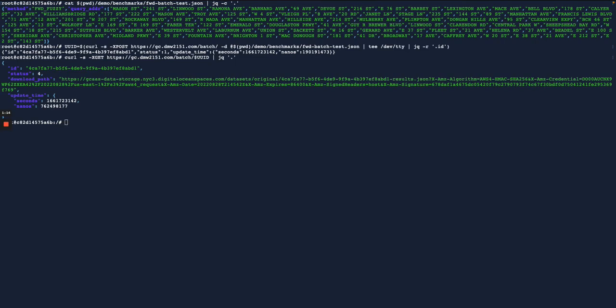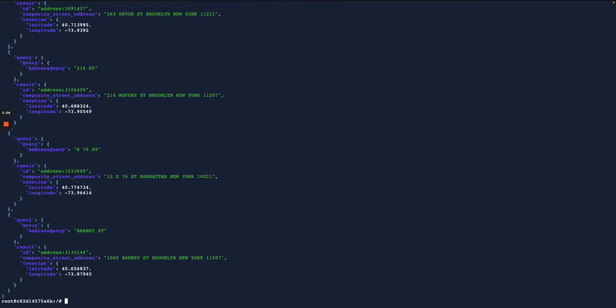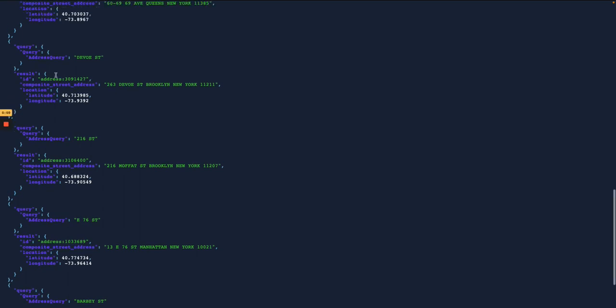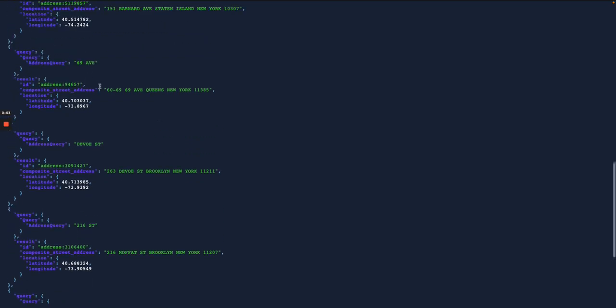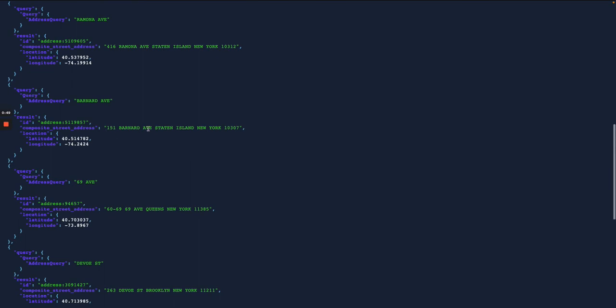So we can now pull that download path using jq and then take a look at the first 10 results from the batch. And what we see is that we get 10 perfectly good geocoded results. DeVoe Street goes to 236 DeVoe Street, 69 Ave goes to 6069 69 Ave, Barnard Ave goes to 151 Barnard Ave, things like that. We can also do reverse geocoding,